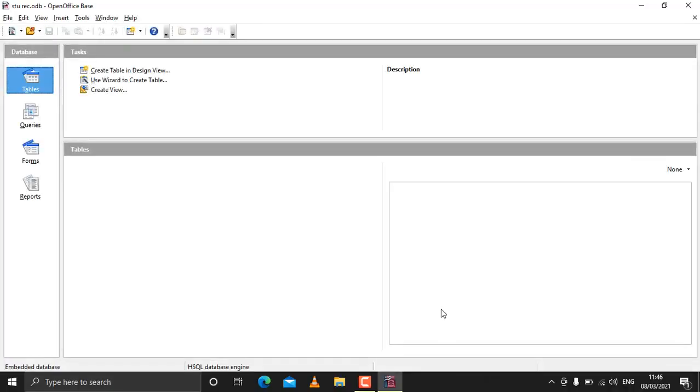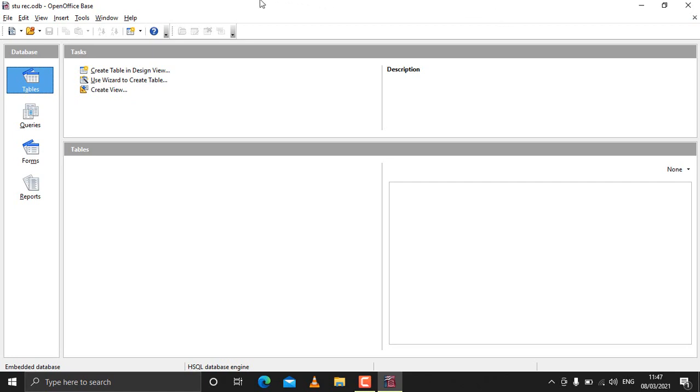As I click on save, OpenOffice Base will appear. So as you can see, OpenOffice Base appears here. Like all the applications, OpenOffice Base too has some features and tools. So we will first take its screen. What are the components which are there on the screen? If we see on top, this bar where the name of the application, OpenOffice Base, and the name of the file which is opened is visible, and we see these buttons here for minimizing, maximizing, and close. This is termed, as you all know, the title bar.